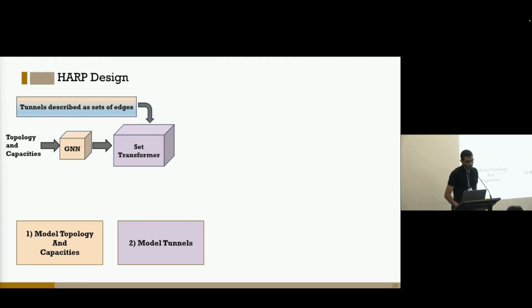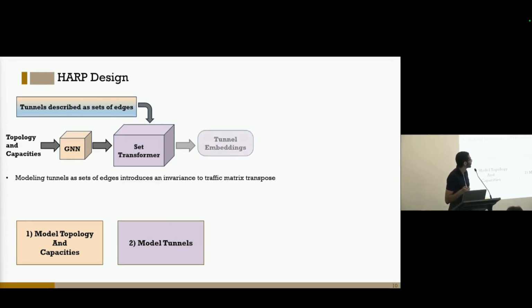Here I emphasize that modeling tunnels as sets of edges introduces an invariance to traffic matrix transpose, in contrast to modeling them as sequence of edges. Set transformer eventually will generate a set of tunnel embeddings. Initial routing prediction will take it from here